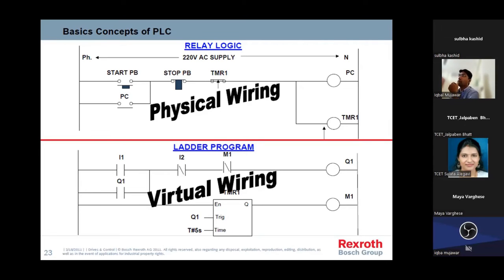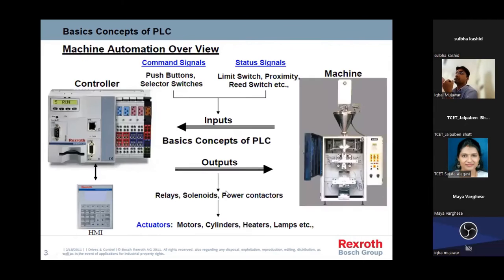Skillful workers are required. That is not the case anymore; the person who understands the electronic part can do it. He is required to have logic also, reasoning also. The person who is able to create the logical execution is the only one able to design the ladder coding. These are the two diagrams I explained. This is the physical wiring relay circuit, and this is ladder programming for PLC.